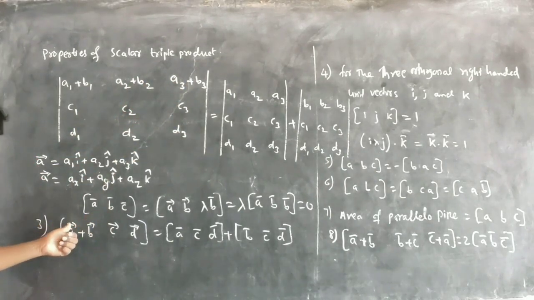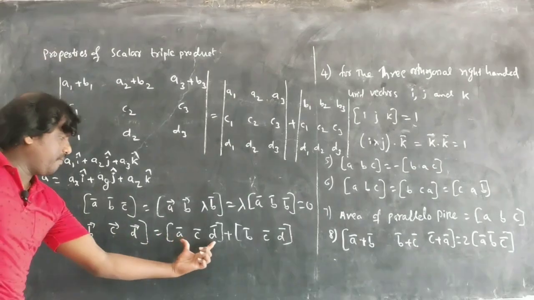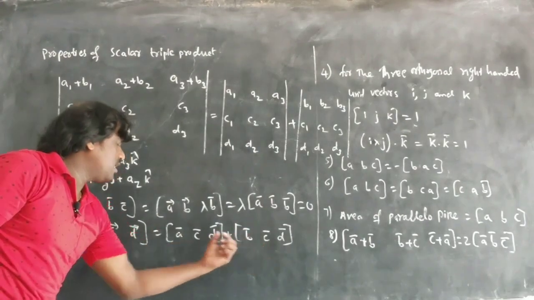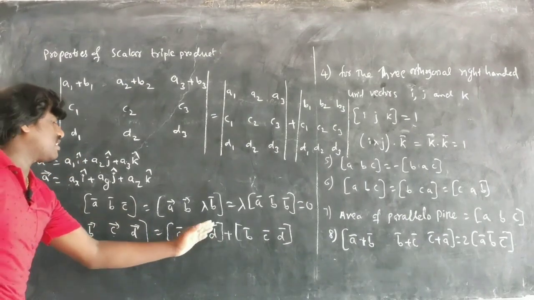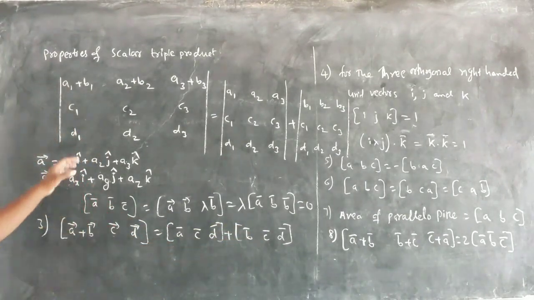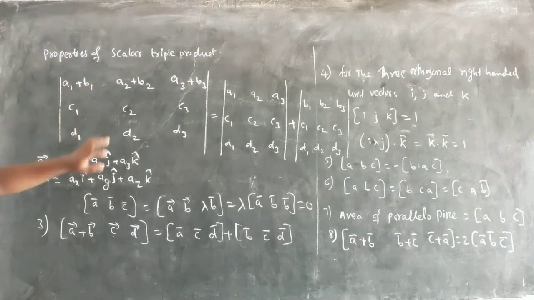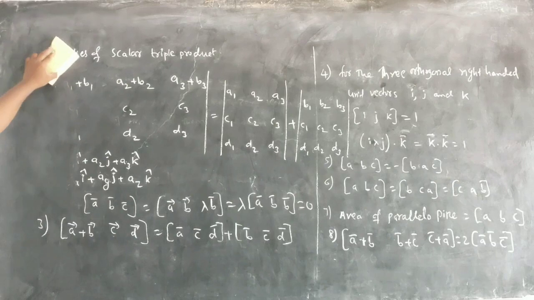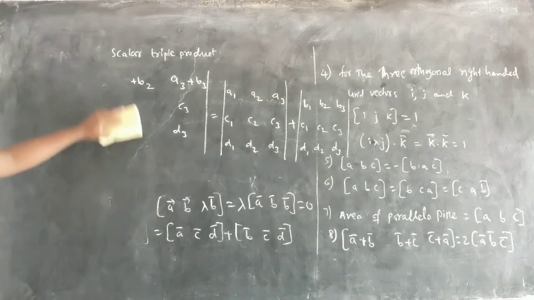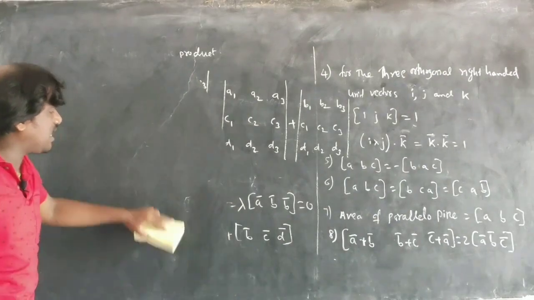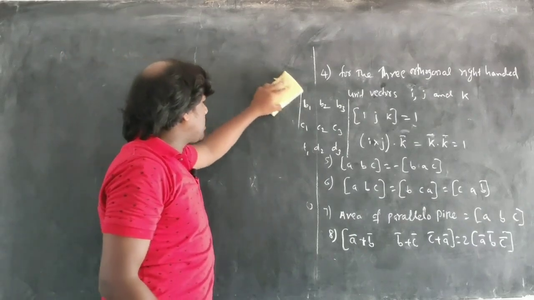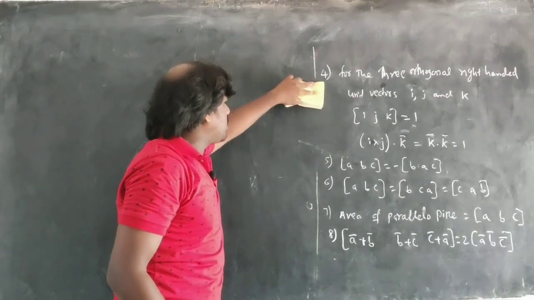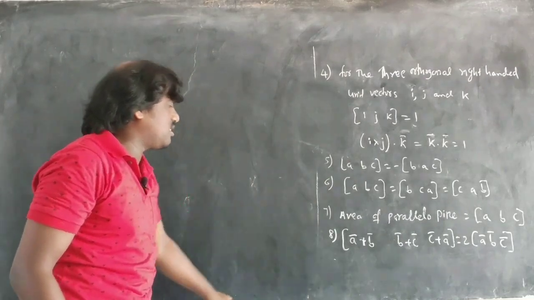As it is here also, A vector plus B vector, C vector, D vector you have, then I can separate A and then I can separate B. I can separate A vector, C vector, D vector plus B vector, C vector, D vector. This is the property. By using the determinants you can see easily. Hope you understand this one. So these are the properties. Already I explained in the previous lecture. If you do not understand any of this, you can go through my previous lecture, where I explained some properties and you can understand more clearly. Just I am revising today, that's it.